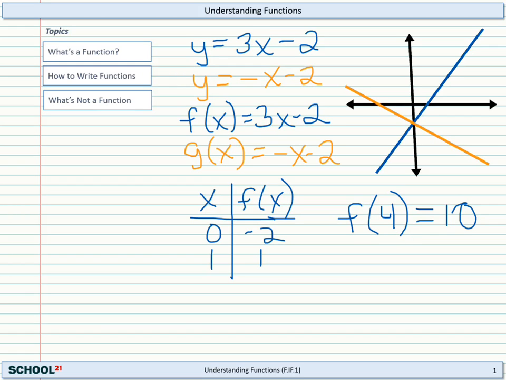And so those are two good reasons why we use function notation. And this is how we write the functions when it's just general or when there's a specific input value. Now let's talk about